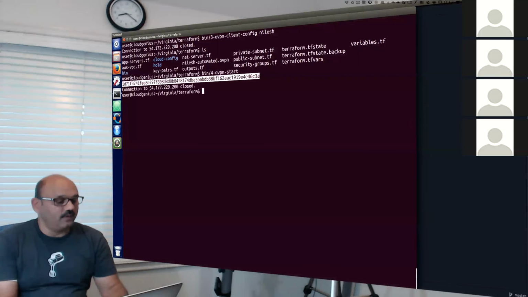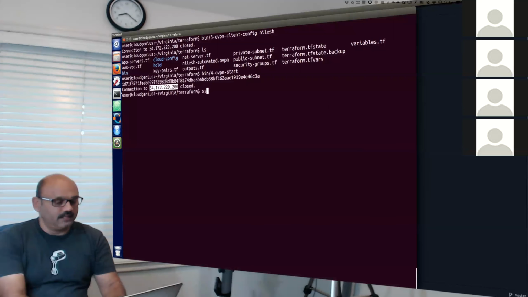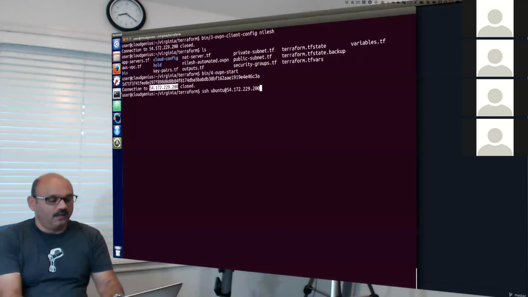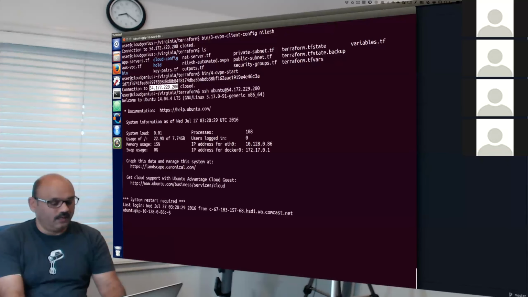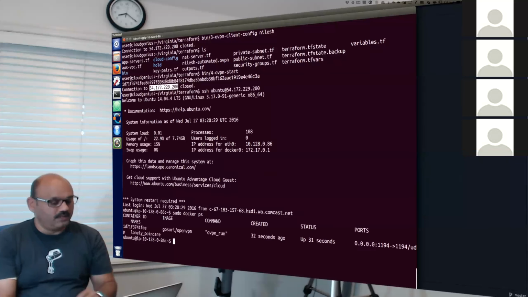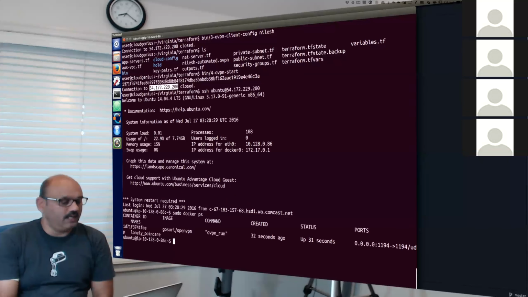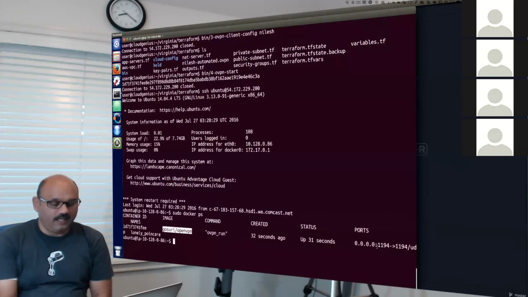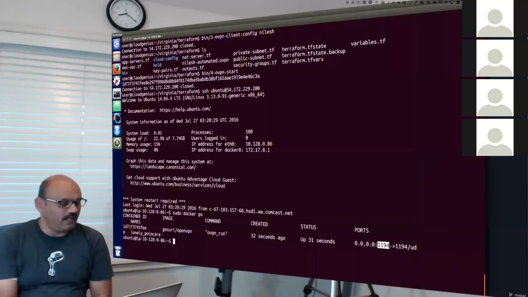If you go to this IP address and SSH to it and say, show me docker ps, you should see the same identifier right there, 1D71F3. It's the same Docker container that got created. It is running OpenVPN using this OpenVPN image, and it is mapped to port number 1194 for UDP. So you have this VPN connection already running.